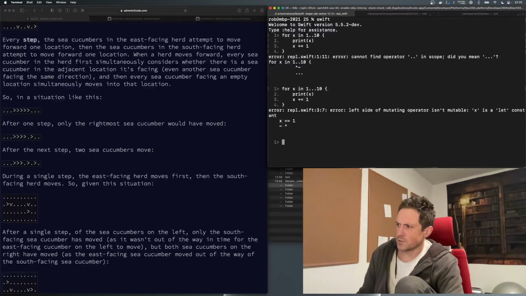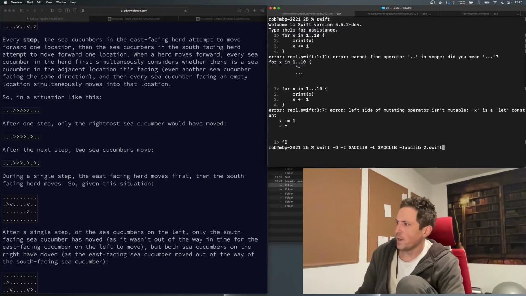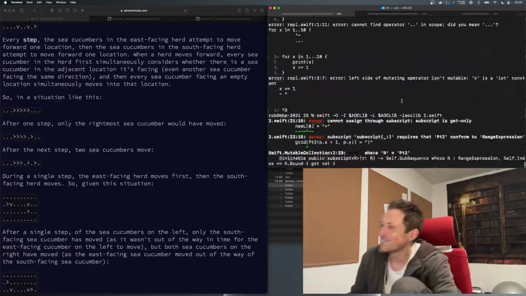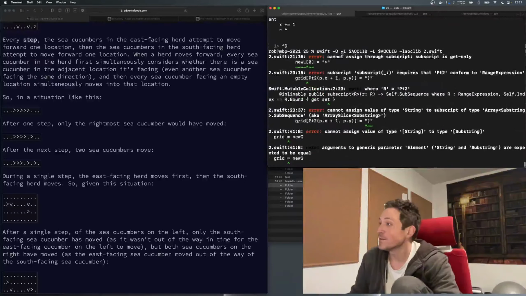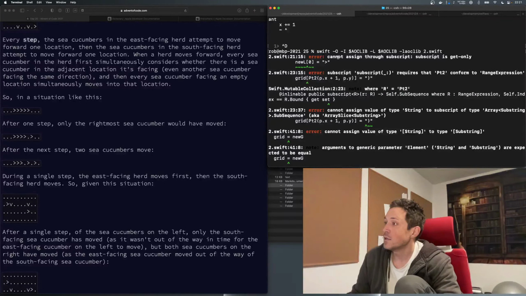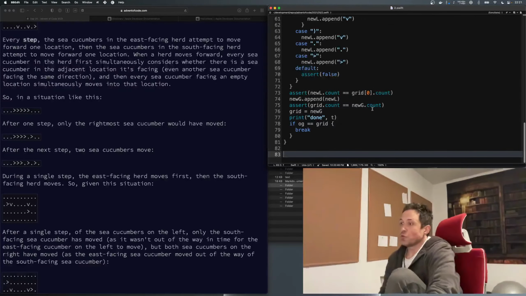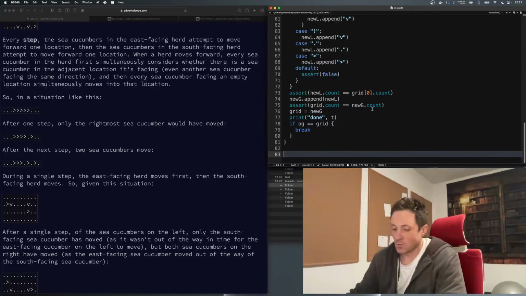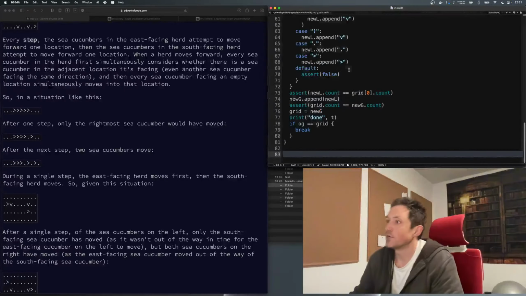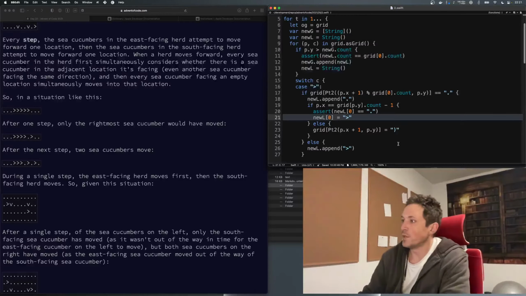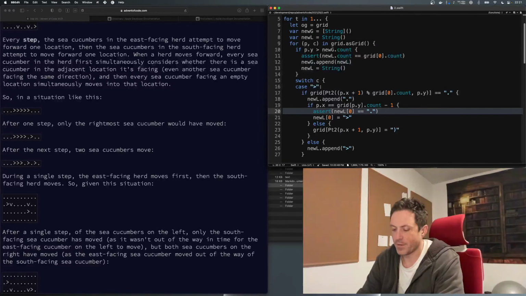Okay, so I assume we did all this perfectly, and we're about to finish the... No, we were so close. Okay, not very close, actually. Cannot assign. Subscript is get only. I thought I had fixed this such that... New L. Where is this? This is line 21. What is the quickest hack we can say that